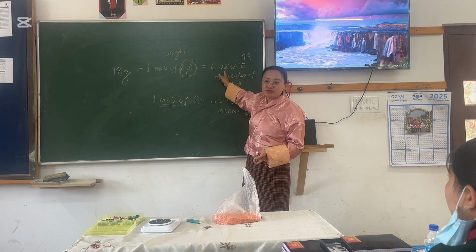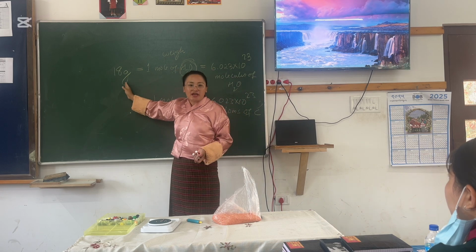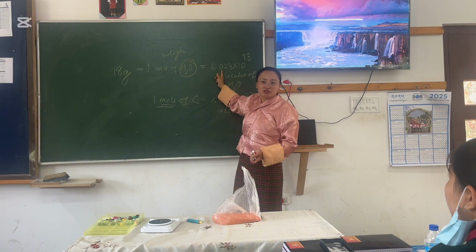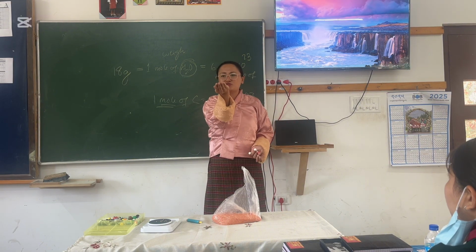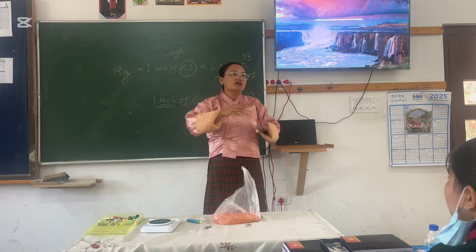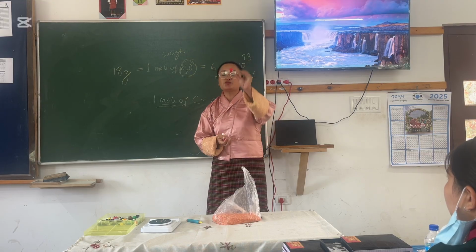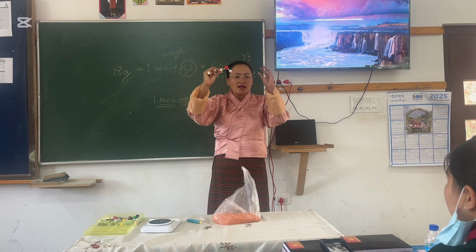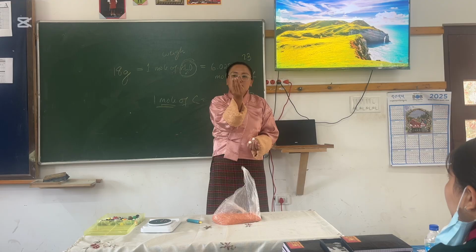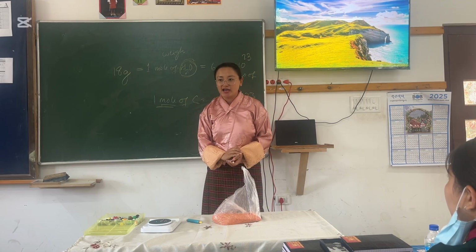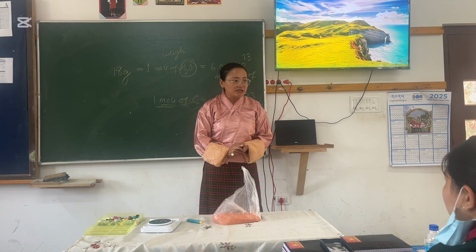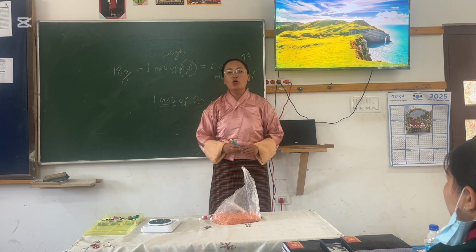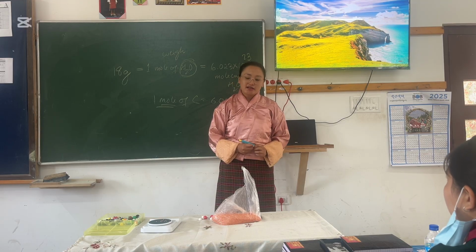When we say mole, this number is very hard to picture. Even for me it's very hard to picture. But we can always weigh them, right? So in 18 grams of water, you have to know there are this many molecules of water. Which means 18 grams is only a little bit, but in that 18 grams there are 6.023 times 10 to the power 23 molecules of water. Molecules are very small. That's why in 18 grams you have this many. So atoms or molecules are really tiny, and that's why we need a big unit to represent them. And that unit is the mole. Are you getting it? Yes?